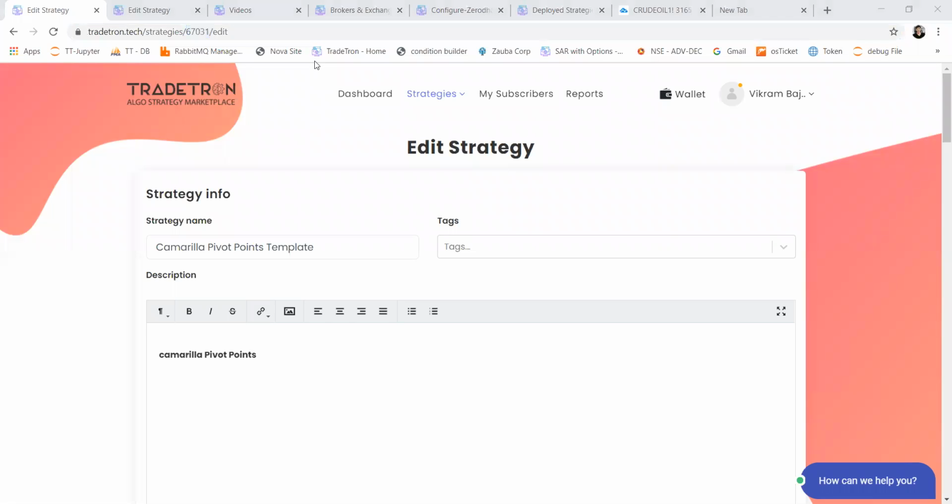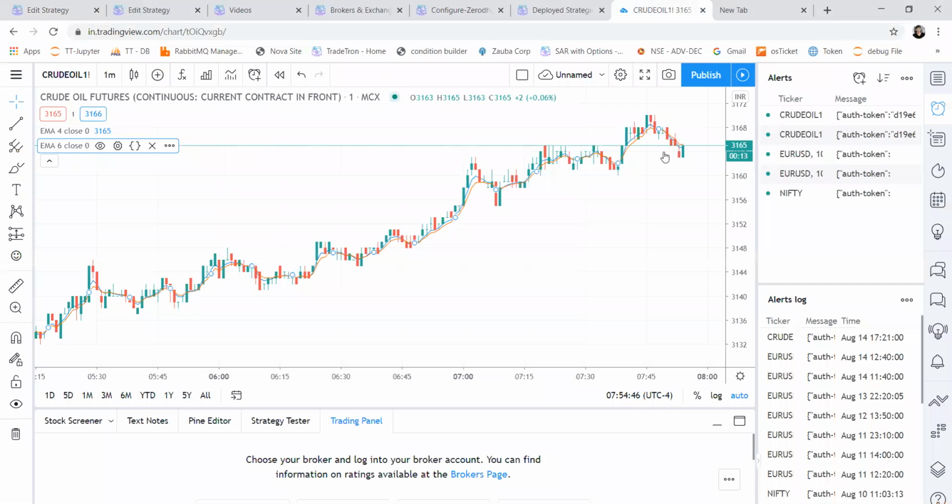Do we need to have a paid account on TradingView? TradingView gives this alert feature for free, I think for 30 days on trial, and then it has to be a paid subscription, I think. Can we generate trades on a moving average of volume? Yes, you can use any indicator which TradingView provides. Based on that, you can generate the alerts.